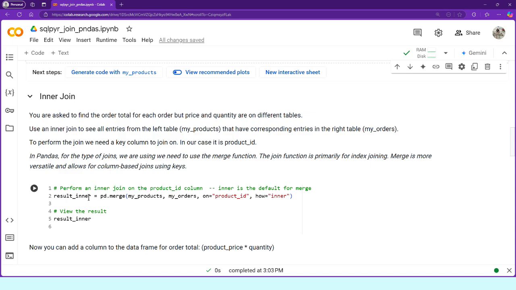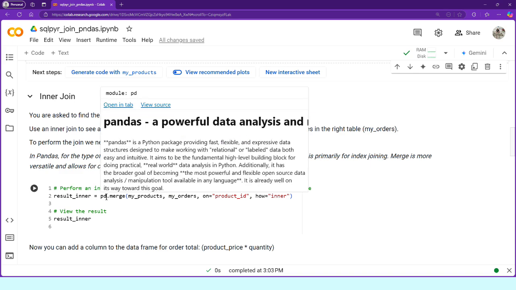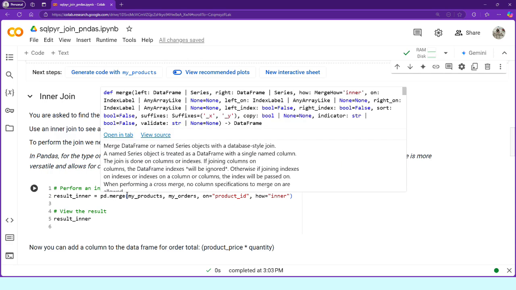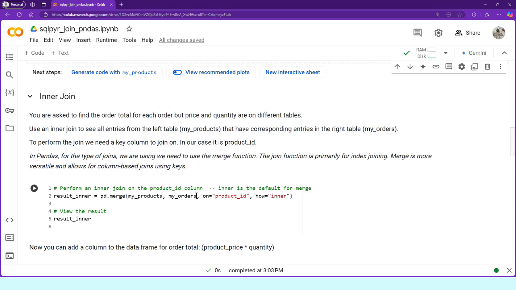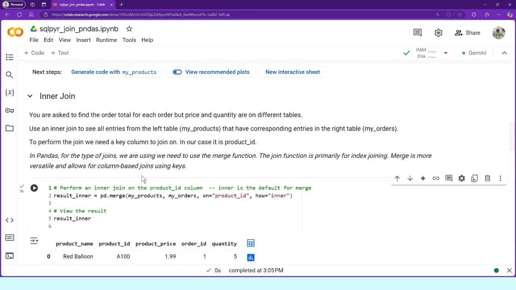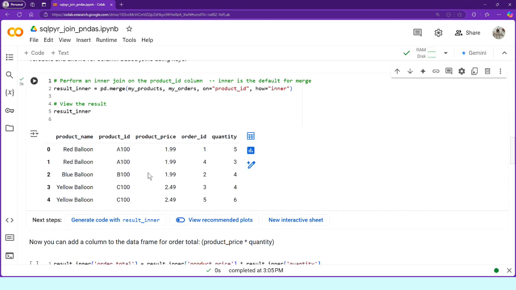So result of inner join equals pandas dot merge my products with my orders. Merge them on the product ID column. How we want to merge them is inner. And then we want to view the result. Result, enter. So now I have name, ID, price, order ID, quantity